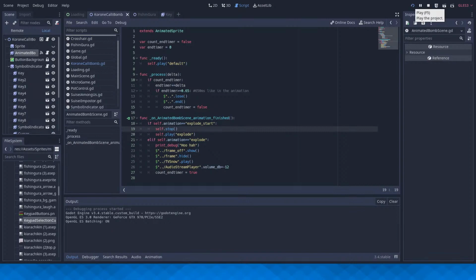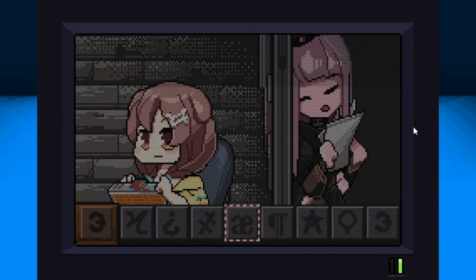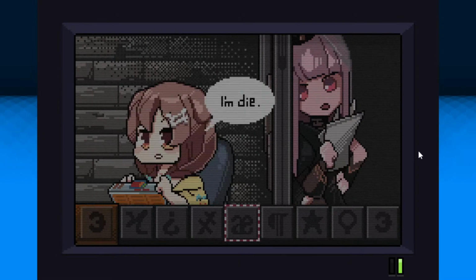Taking a good look at the output again, to see if this even triggers. Because this should not trigger. Oh, that's interesting. So, hold on. I'm going to show you the game now. This is not stopping the animation.